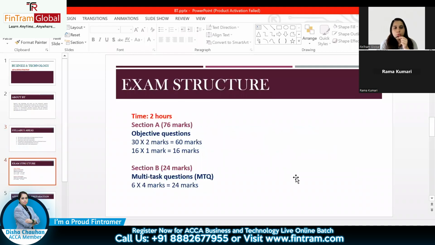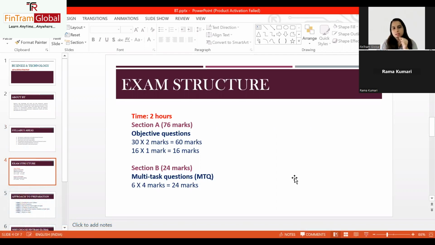All right, then moving on to the exam structure. The exam is divided into two sections, section A and section B, and it is for 2 hours. It is an on-demand exam. That means whenever you want to appear for the exam, you can decide the date. The ACCA will not publish a date saying that on this date the exam is there. These are on-demand exams, so it's up to the candidate to decide when they want to appear, and they can block that date and simply give the exam.